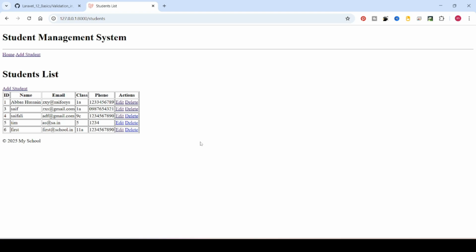That's because those messages are stored in something called a session, and I don't want to confuse you now. In the next part, we will explore flash messages. We will see how to show a student added successfully message in a nice way when we add a student, and